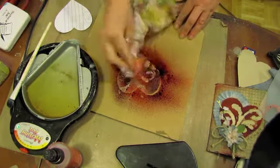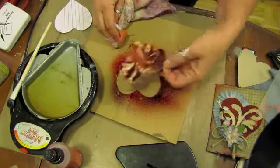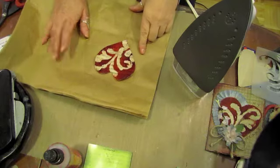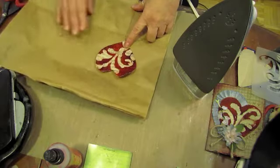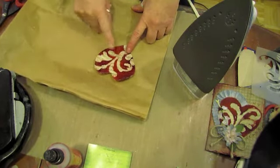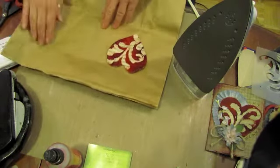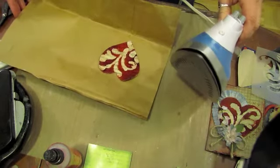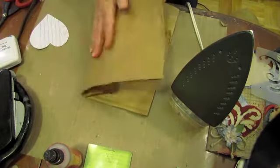I'm going to kind of dab it on just a piece of cloth that I have here. Okay, so I've placed my canvas heart onto an old piece of paper bag. You can use newsprint, anything that's going to kind of soak up the wax. And I went and bought a really high-tech, handy-dandy, newfangled iron from Walmart for $9.26, and that's what I'm going to use to iron the wax off of